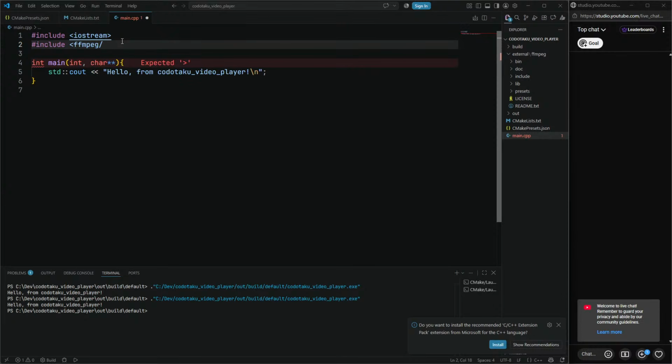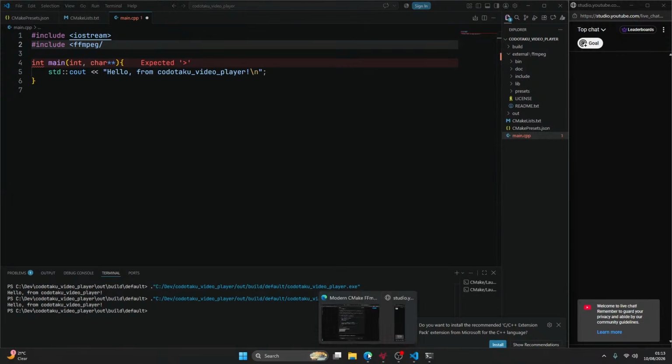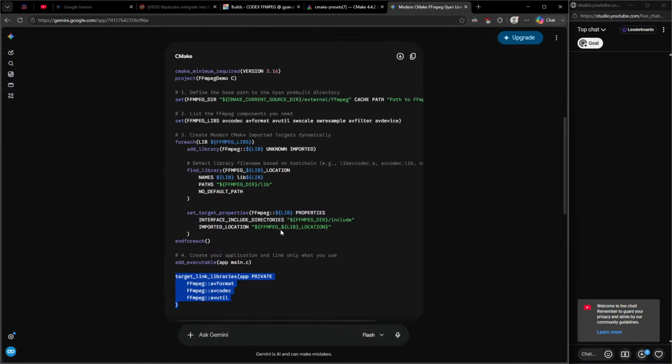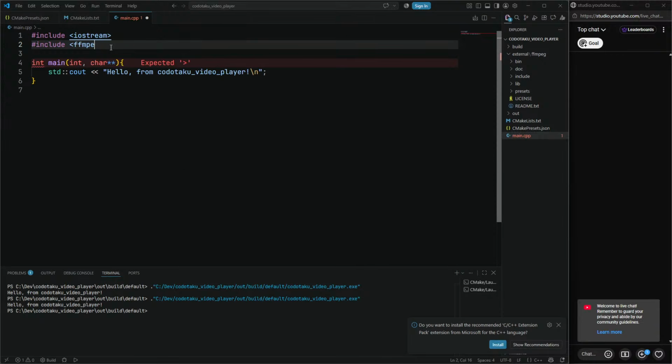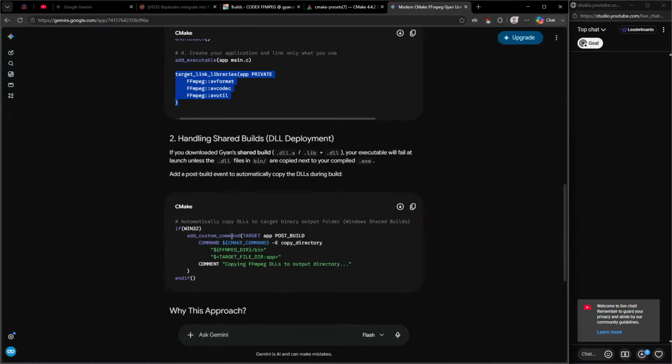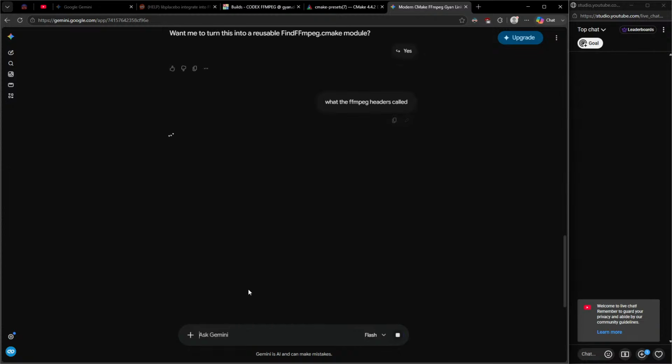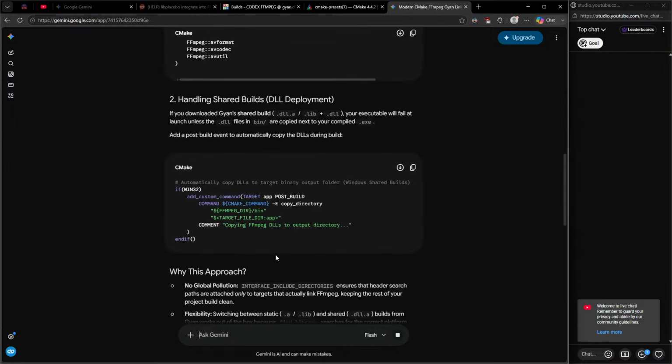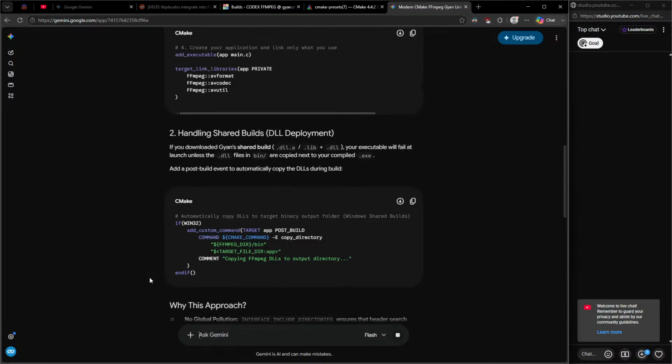What are the headers called? I forgot. Oh yeah, AV, sorry. AV codec, right? Or something? Yeah, I don't remember what the FFmpeg header is called. And we should add extern C because we're in C++ pretty much. And yeah, oh, I almost forgot too. We should,